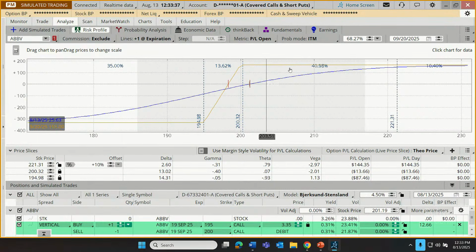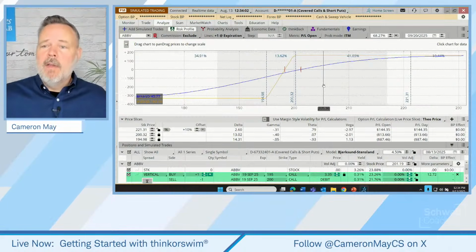They want to see how it can work out, how much can it make, how much can it lose, and what are the probabilities of those scenarios. All right, so let's see. Is there anything else that I wanted to address here? We can. I'm always tempted to just show so many features here. I do like to hit probably the most commonly used features and explain how they work.